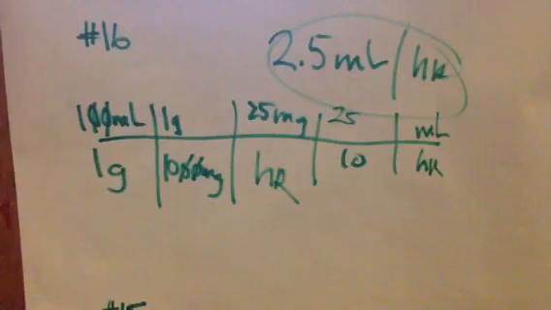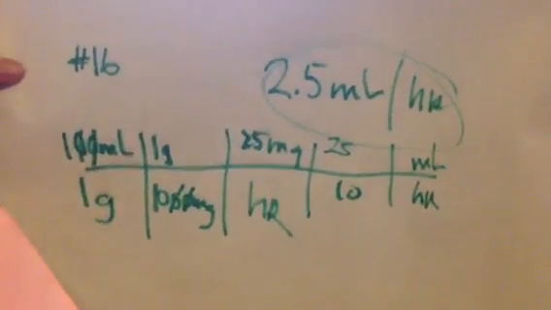Okay. All right, this next one, number 17, is a little more complicated. When you look at that, the first part of it, you see that our drip is running at 8 milliliters an hour, but we don't know what the units per hour is. So that's what we have to solve for first. We have to solve for the units per hour, and then once we do that, we